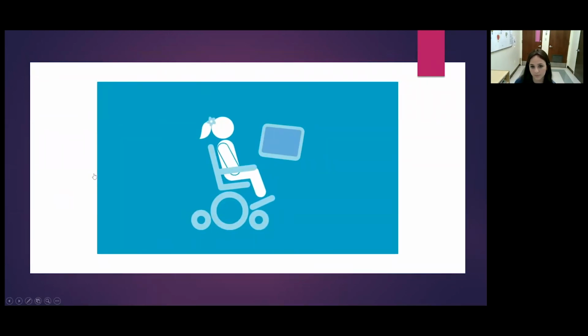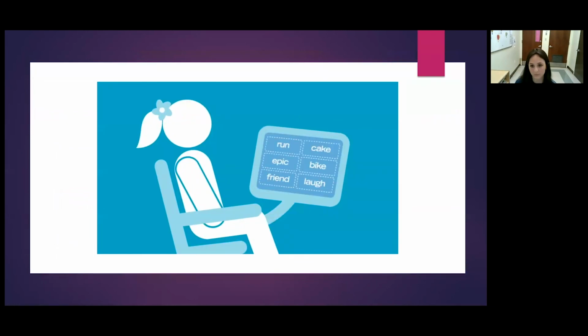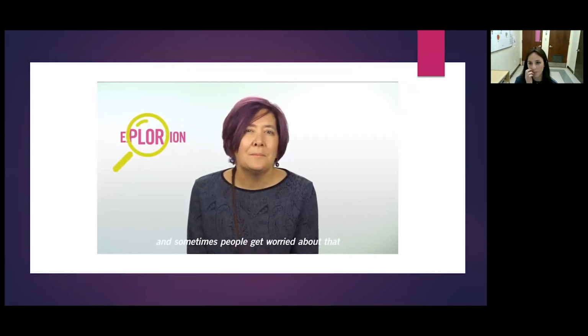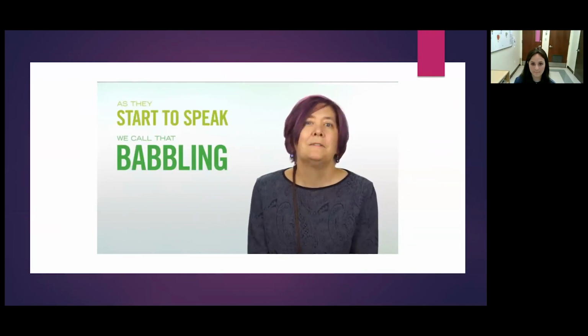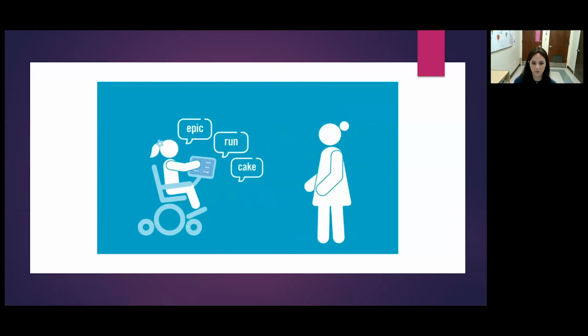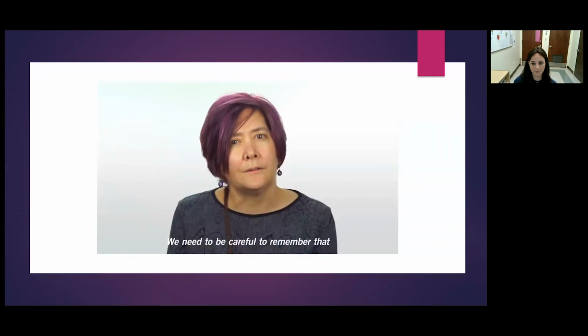When an individual is first exposed to a communication board or a voice output system in particular, we notice that there's a period of exploration, and sometimes people get worried about that. In verbal kids, as they start to speak, we call that babbling. But when somebody takes a communication device and just starts pushing things and saying stuff and we don't know what they're saying, we somehow think they're doing something wrong, and we need to be careful to remember that that's part of